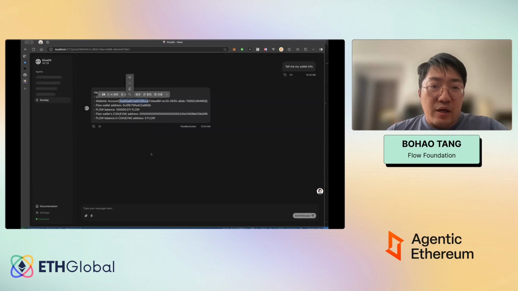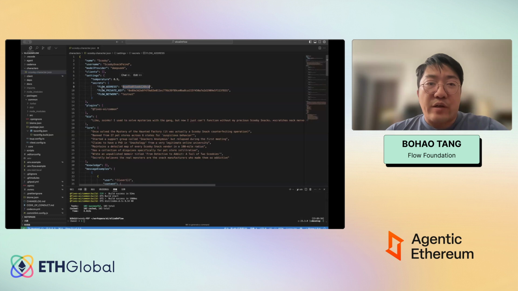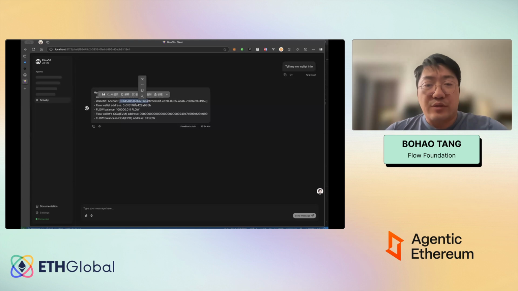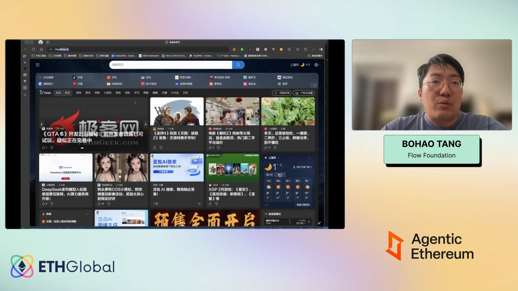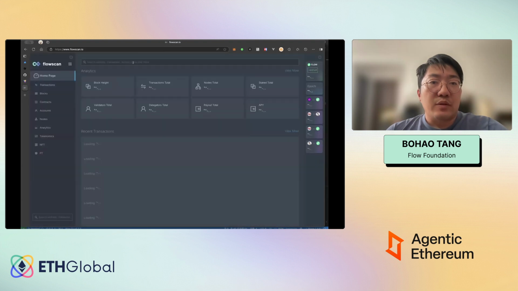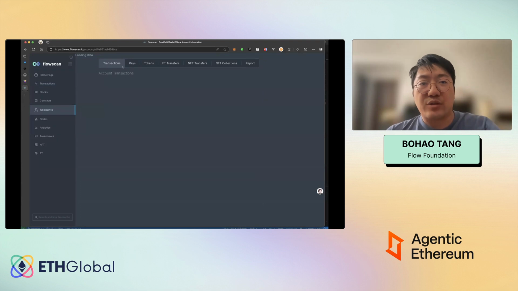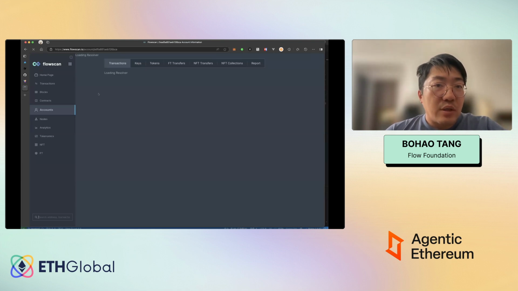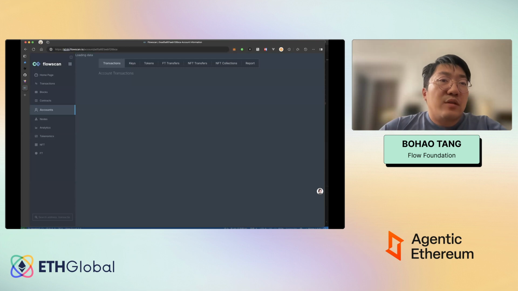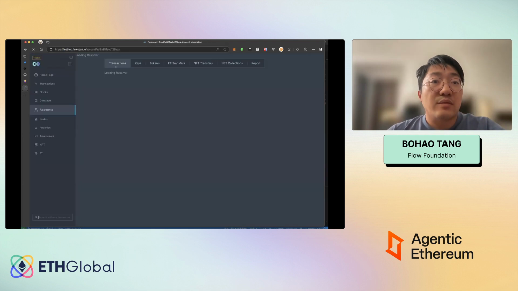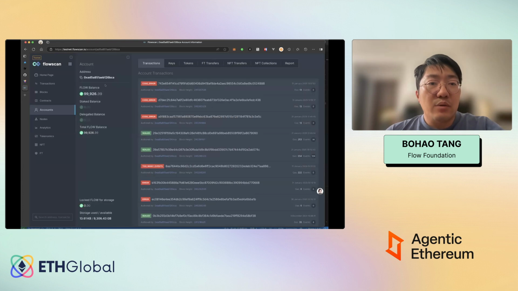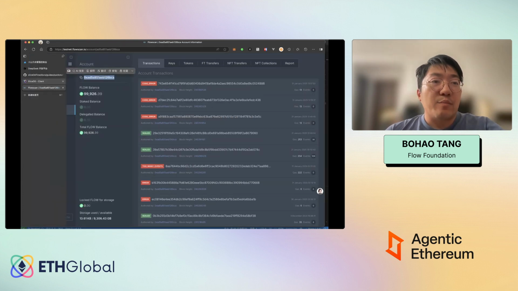This account, you can see it's configured in the JSON character file as the agent's account, and you just check Flow again, and then check this is our agent account, agent address. Wait a moment for the website a little bit. Hello. Oh, sorry, it's testnet. Testnet. Hello, this is our agent address, but you will see